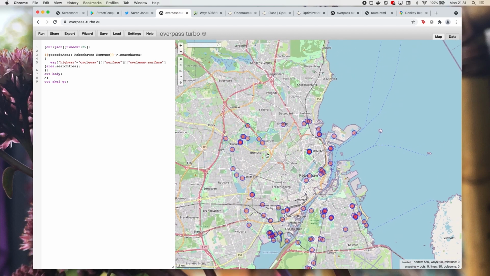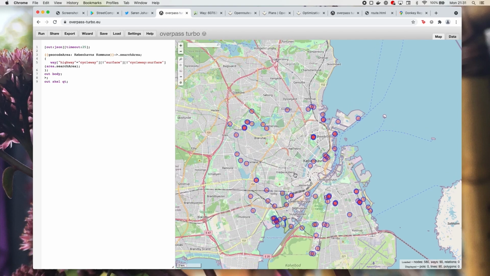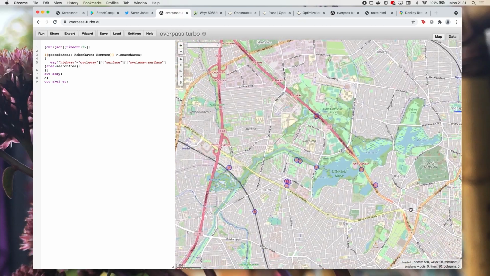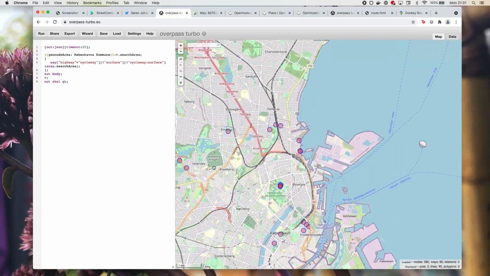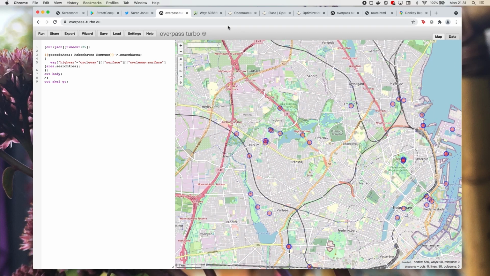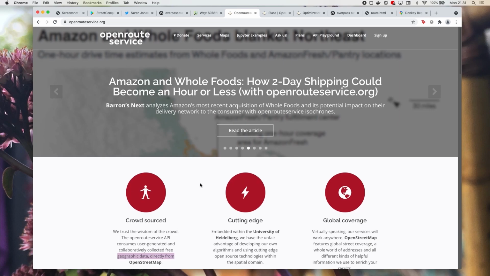So my idea was to figure out a way where I could find an efficient route between the nodes. Maybe not all of them, because that would take maybe 24 hours, I don't know, a long time. If I could focus on a subset of them, then I could do it in weeks. Focus on maybe these ones first, go and close all of them. Then the next day I could go focus on these ones here. You get the idea. So I found a really cool service called OpenRouteService,